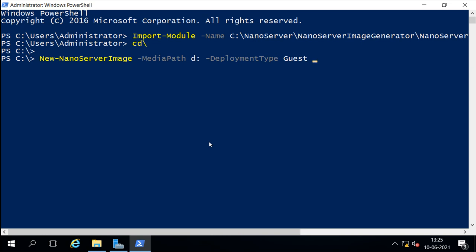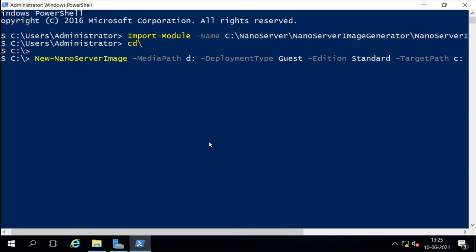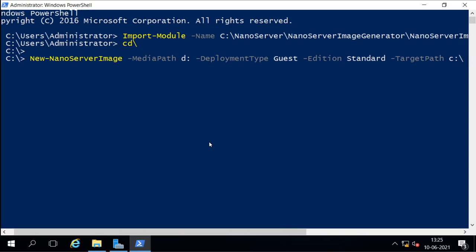Then for edition, we have data center or standard. It depends on what edition we want, data center or standard. I will go for standard here. Then the next option is target path. Target path means where you want to create this virtual disk. In my case, I have created a separate path for virtual disks.